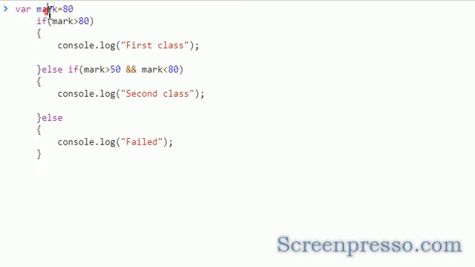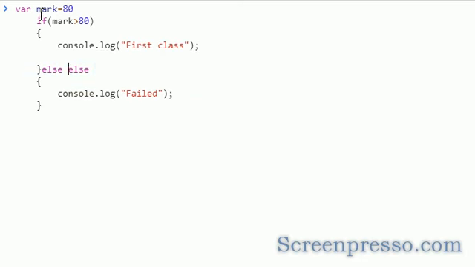Consider this example. Here I am having the variable called mark. It has the value of 80. So here I have the mandatory thing, like if the user's mark is greater than 80, then first class. If the user's mark is greater than 50, then also it should be less than 80. If I keep this if condition here, it won't be a problem, even if I specify greater than 50 itself, because greater than 80 will cover it here itself. So if I move this condition to the top,